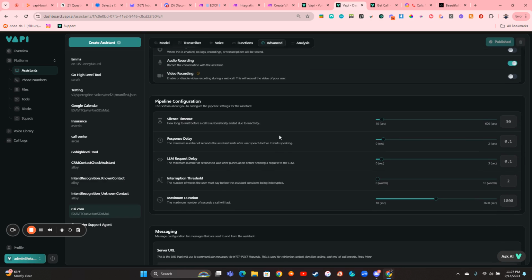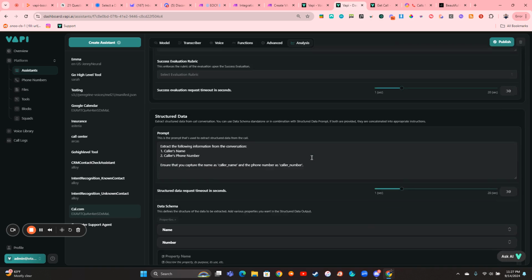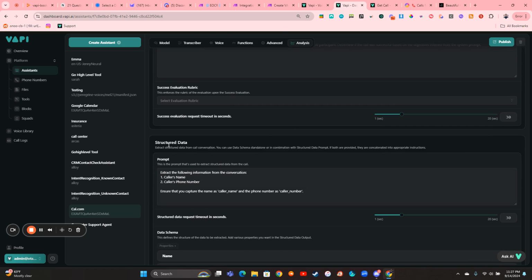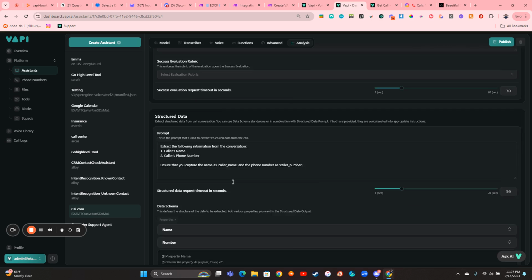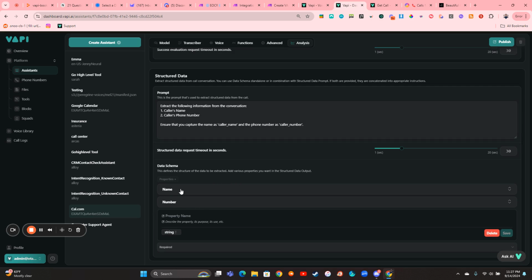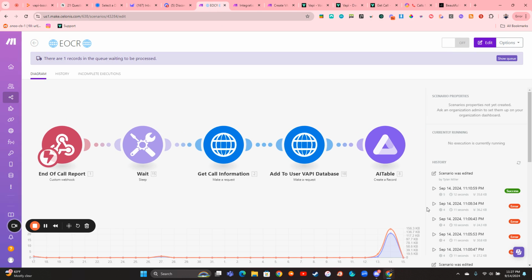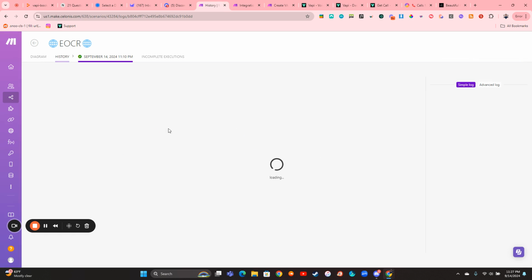So as an example here, I'm going to come to the analysis tab. I have a very simple prompt in the structured data that says, hey, extract the following information: the person's name and the person's phone number. And then I made a data schema to pull that information from. So as an example, in this end of call report, if I come here,